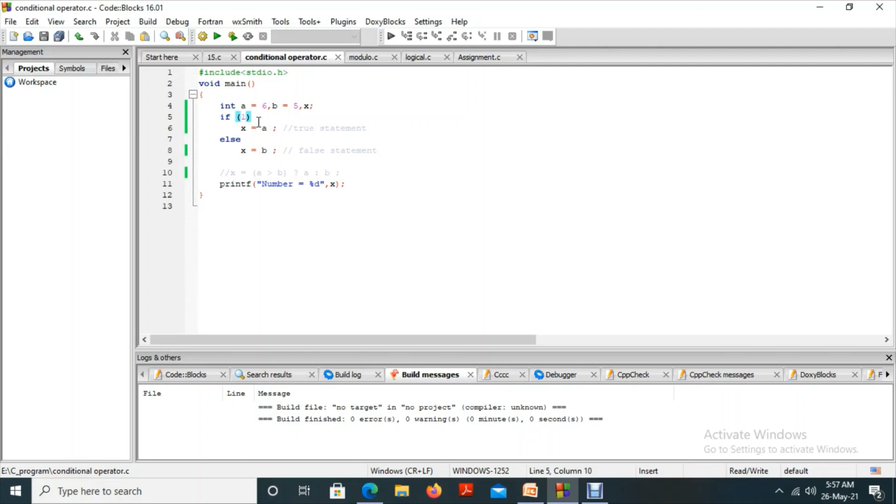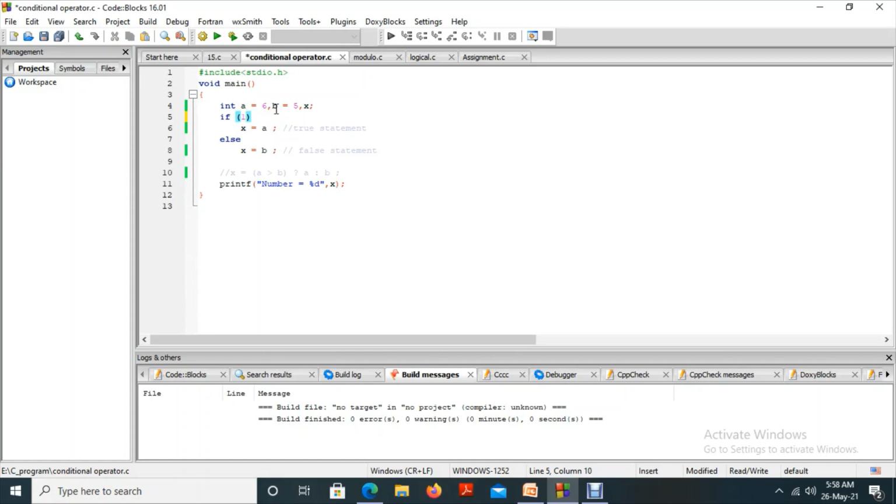Usually, if A greater than B is the condition, what will the compiler do? The compiler goes to A, collects the value of A, that is 6, and then compares: 6 greater than the value of B, which is 5. So 6 greater than 5, and the compiler gives that the condition is true. Now the compiler assigns the value 1 here and again verifies if of 1. If the condition is true, then this statement will execute.